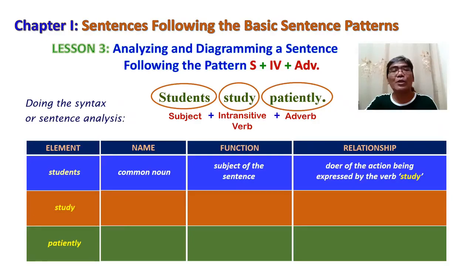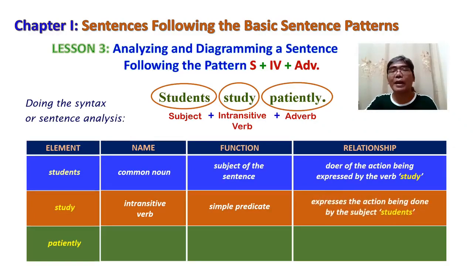The next word or element is study. This word is classified as intransitive verb. This intransitive verb is used as simple predicate, and this simple predicate expresses the action being done by the subject